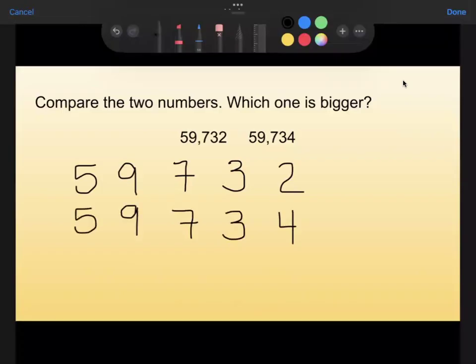Okay, so both numbers have 5s in the 10,000s place. They both have 9s in the thousands place. They both have 7s in the hundreds place. They both have 3s in the tens place. So nothing is helping me so far till I get to the ones place. And then I can see that the number on top has a 2 and the number on the bottom has